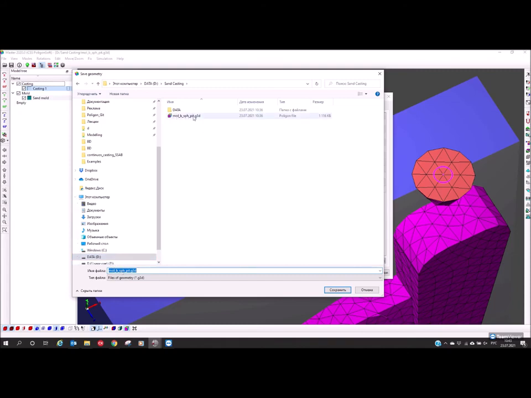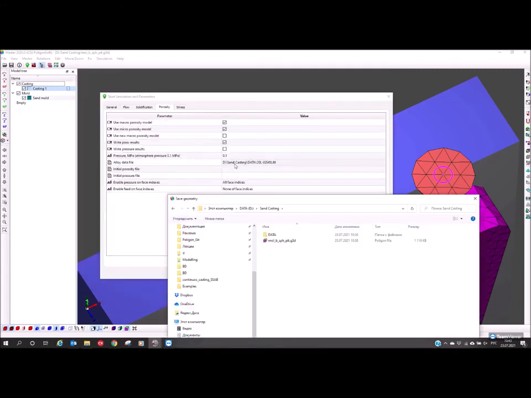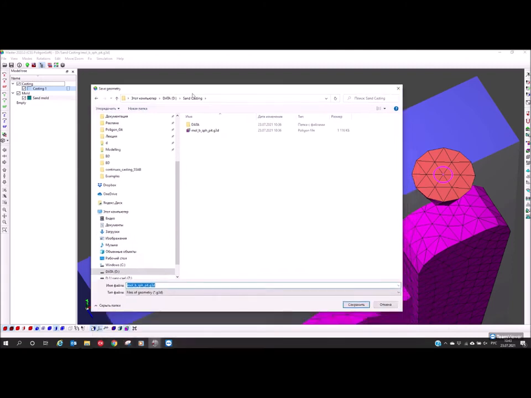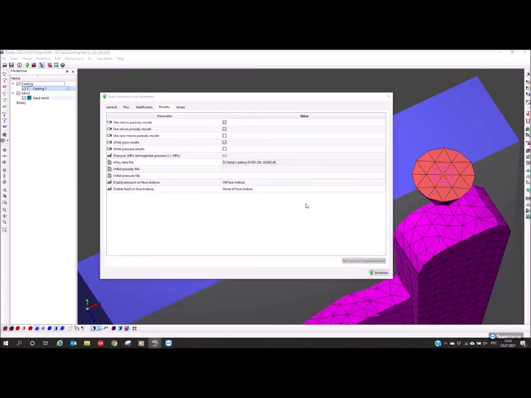So when I will save it, all files, for example, a load data file and mold package and heat transfer package, so all templates of my process will be saved here in data folder. So later I can copy this project file and this data folder to my USB flash card and go to other computer and run simulation there. So now I will press this button